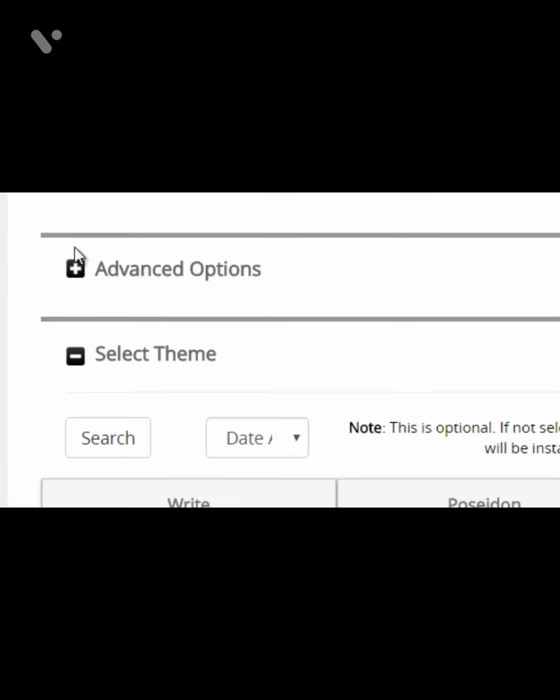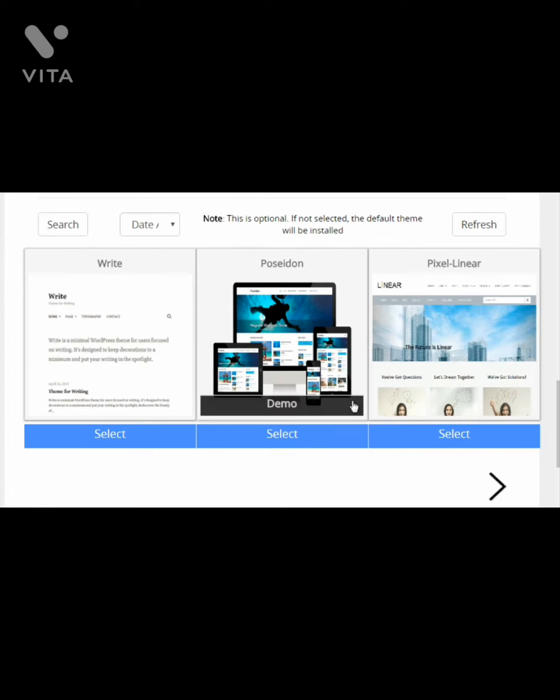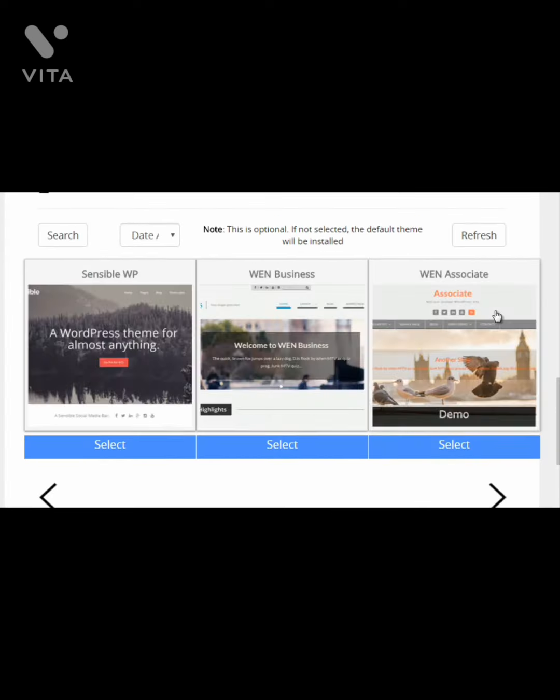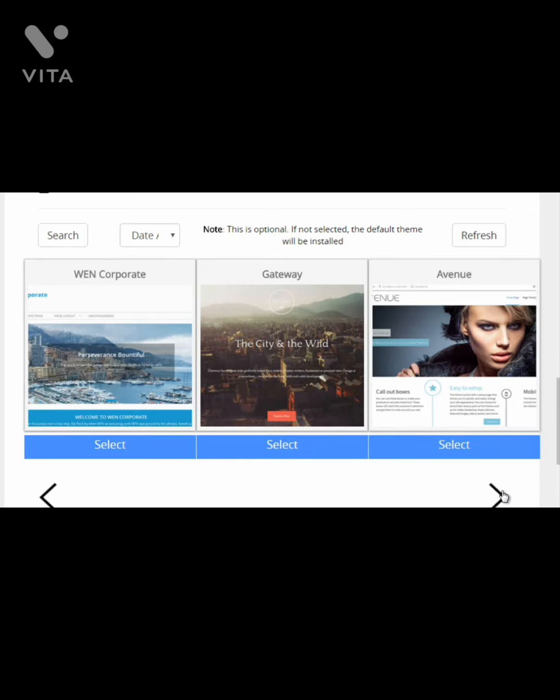And then of course you can choose the advanced options, and then you can actually select a theme. So that's the nice thing about this particular app installer, is you can actually scroll through many different themes. And the nice thing about WordPress is you can literally change the whole design with a click of a button. You don't have to redo everything or anything like that.